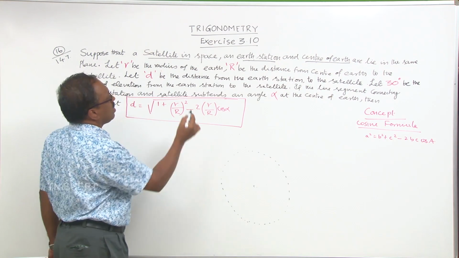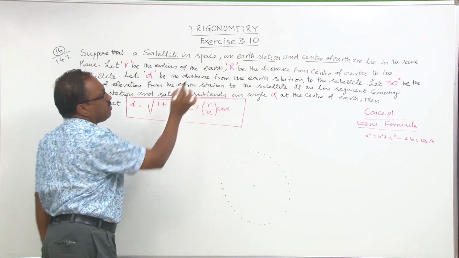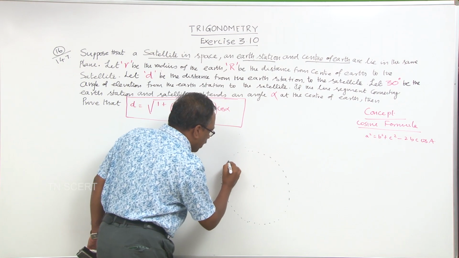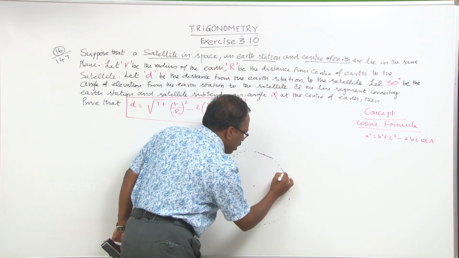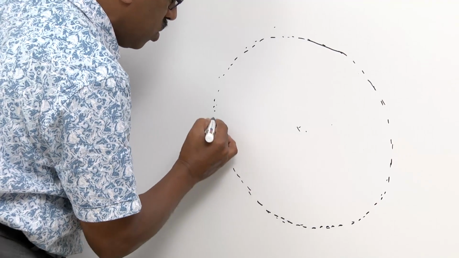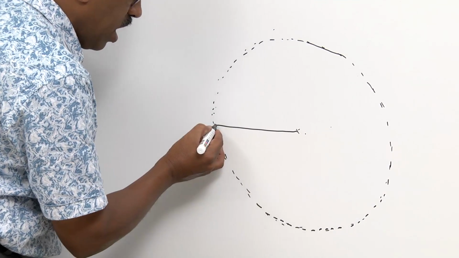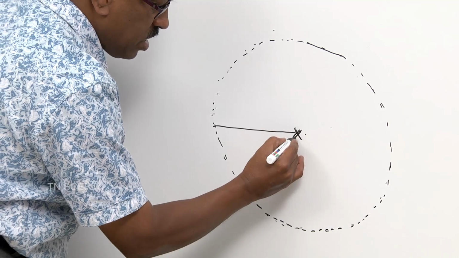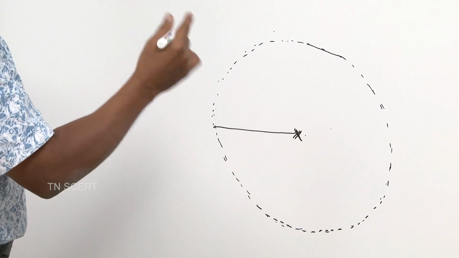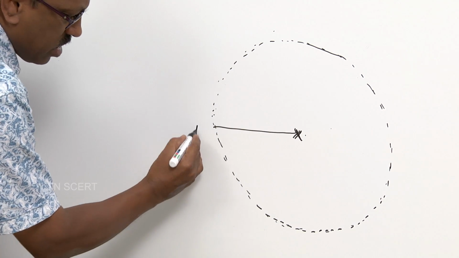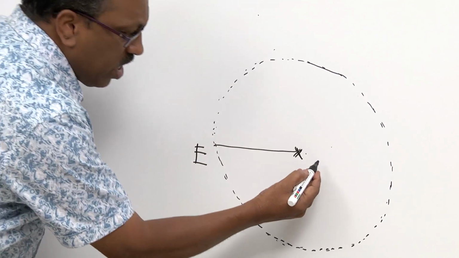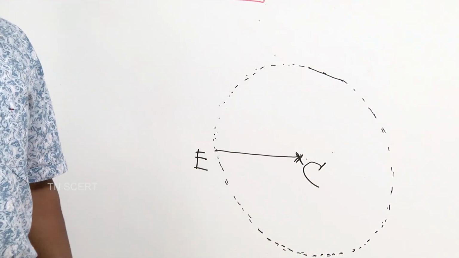So now the question is, let small r be the radius of the earth. Let me take this particular circle as the earth. Let me denote it with a dotted line. It is not required much, but for information I have taken this as the center of earth, which is nothing but the epicenter. We can give some name for this. The earth station, where we are observing, is E. The center of earth we can call C, that is the epicenter.